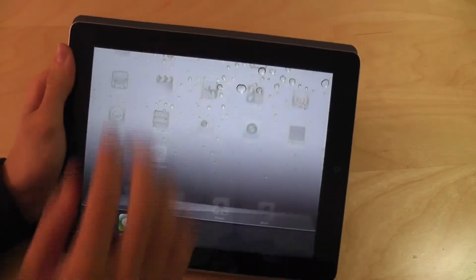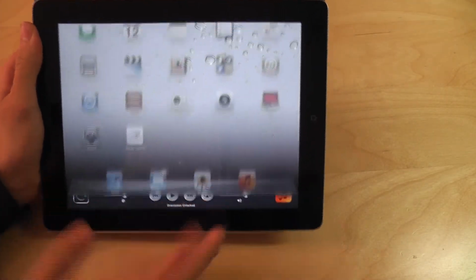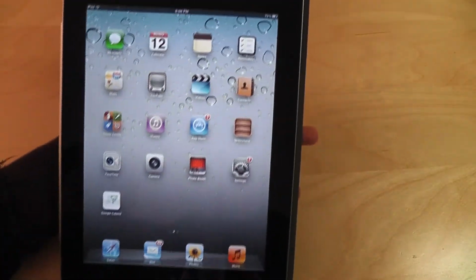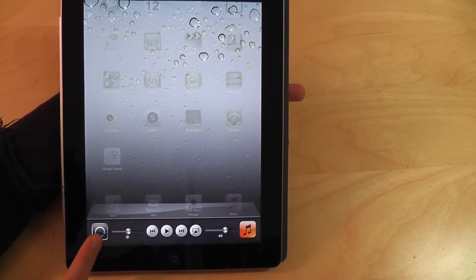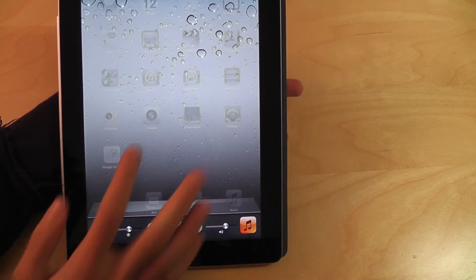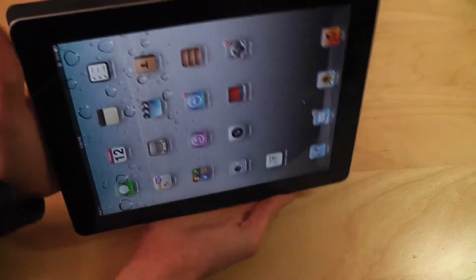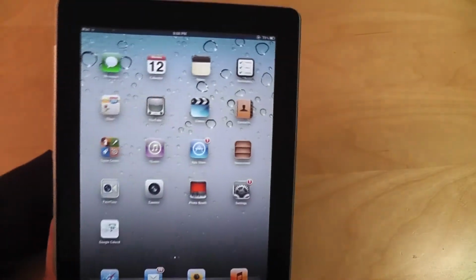So if I go back now and turn it off, now it will flip whatever direction I turn it. So now if I want it to be upright and I don't want it to change, I can always go back and click that button right here. And now it's locked. And so if I go back here, see, it's not flipping. The screen is staying exactly the same.